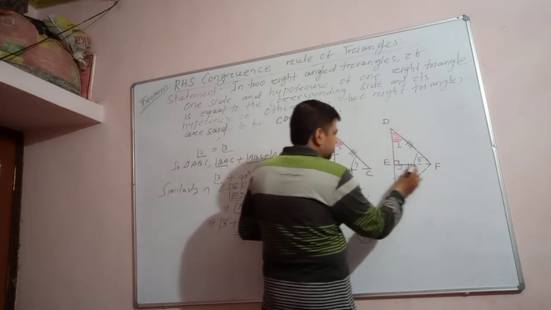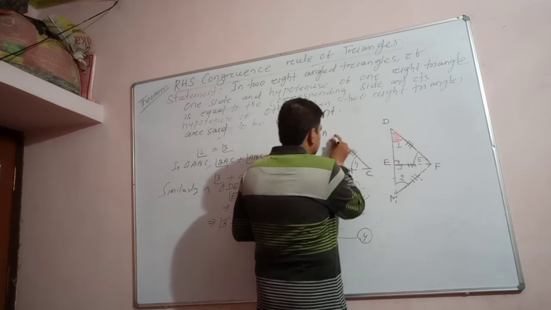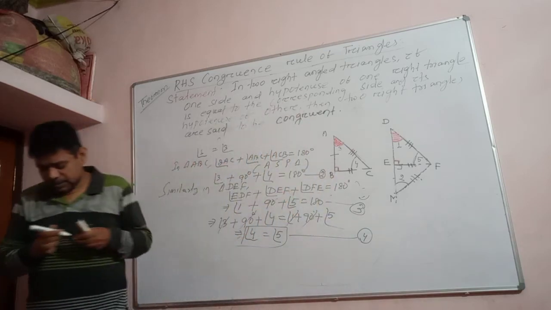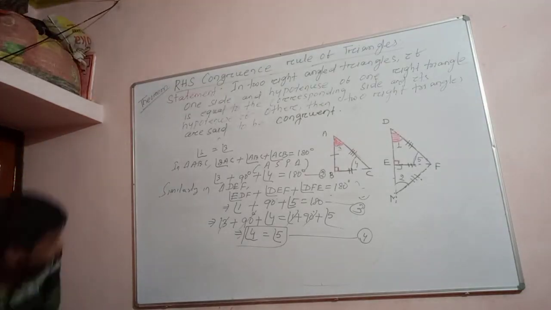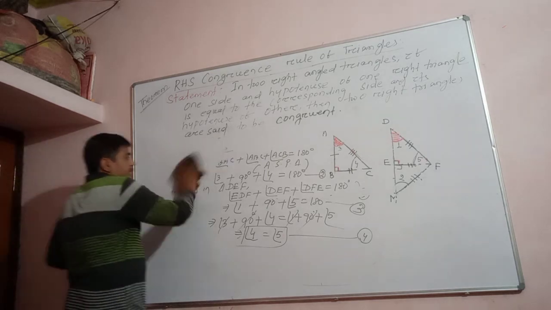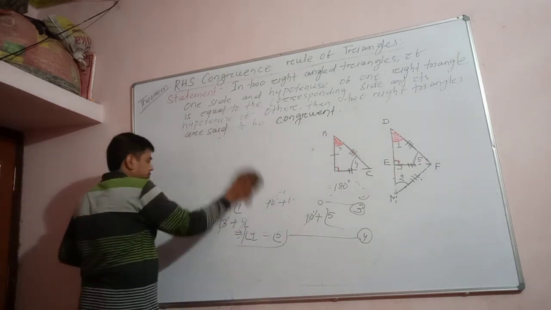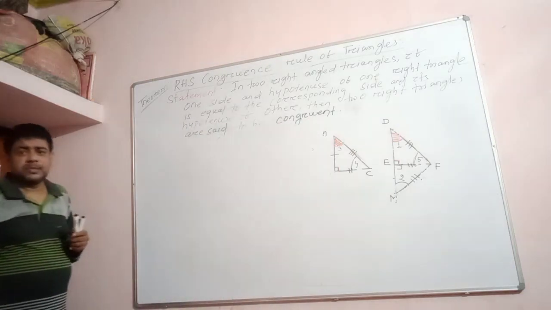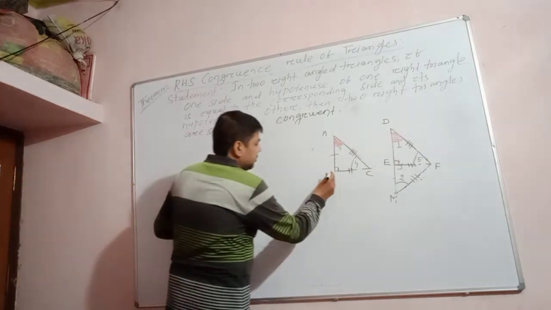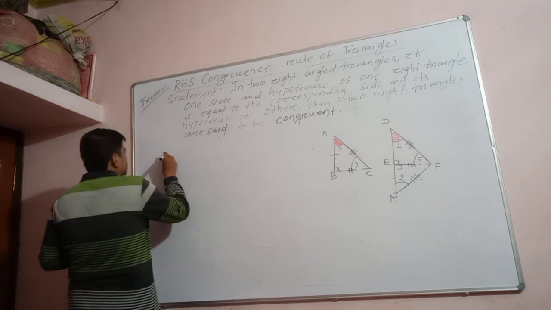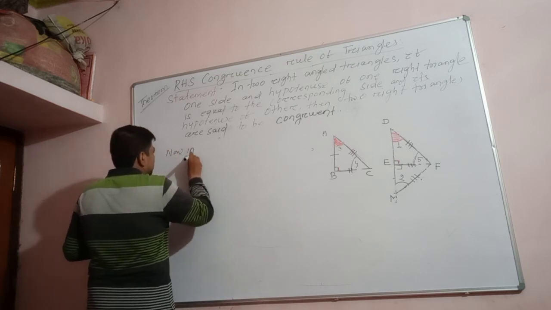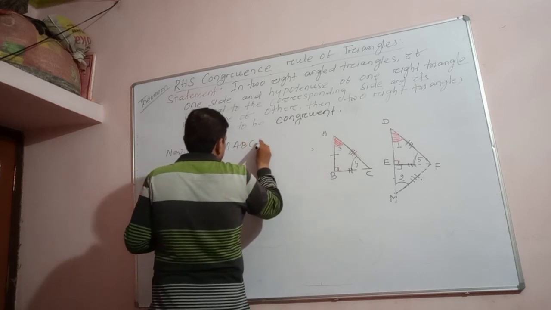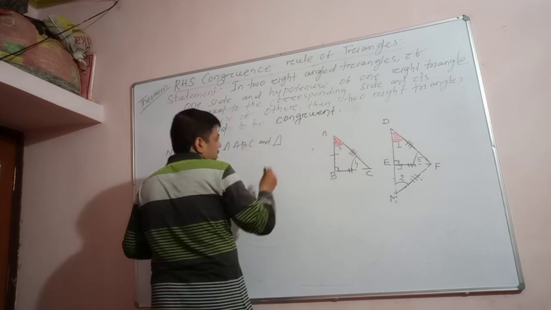Now in the triangle ABC and triangle DEF, look at here. BC is equal to EF, 4 angle is equal to 5 angle, and AC is equal to DF. So side, angle, side. Triangle can be congruent, and the theorem can be proved. Okay. So let us write these things. This is ABC. Now, in right triangle ABC and right triangle DEF,